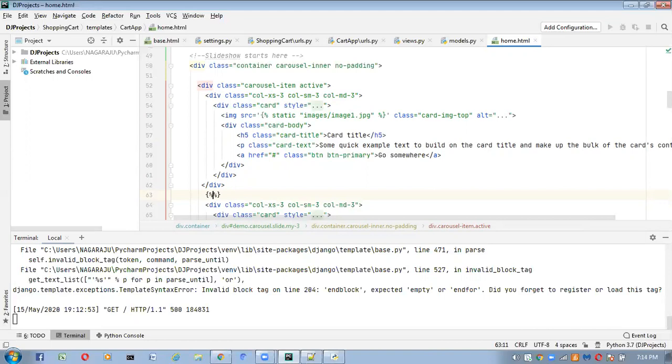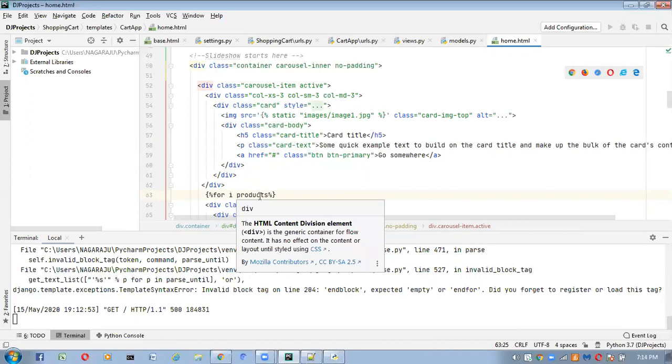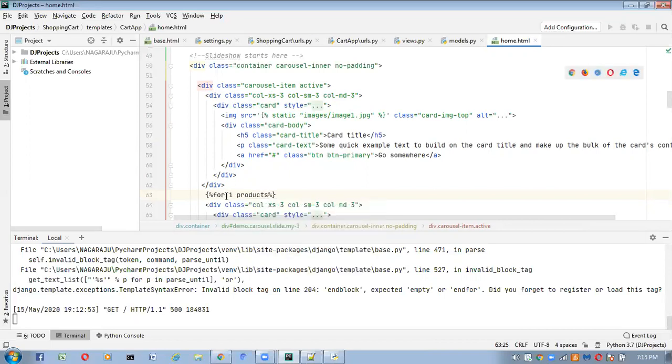Percentage, inside for loop, I'm going to write for each product in products. From where are you getting this products? From the views.py file. Here I am going to take the slice operator, like this. How to take the slice operator here? Here I will take slice.